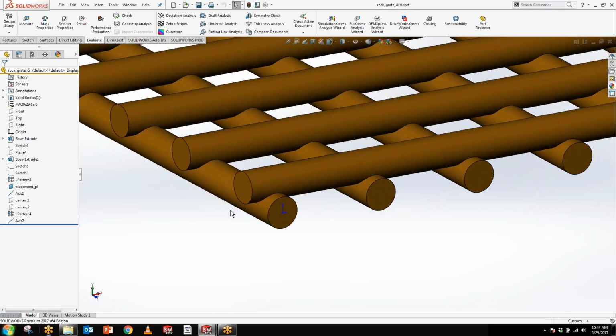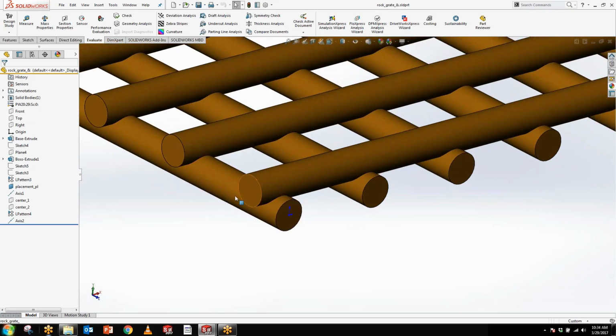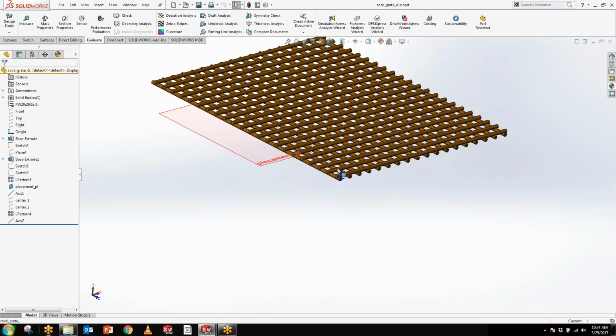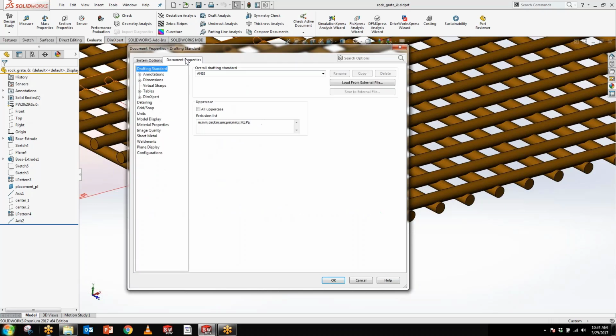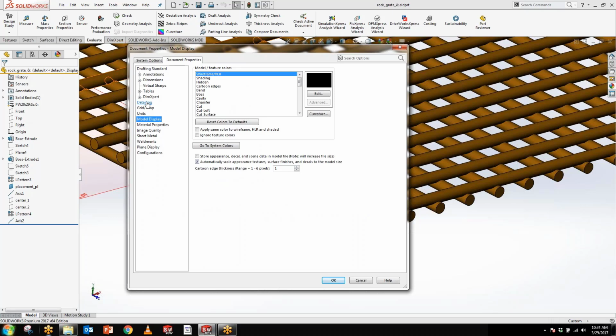So this is the edge here that looks pretty circular. If we're trying to decrease the graphics consumption on this part, because there's plenty of them, as you guys can see here, it might be helpful to go to document properties, from options, and get to display, model display here, image quality,